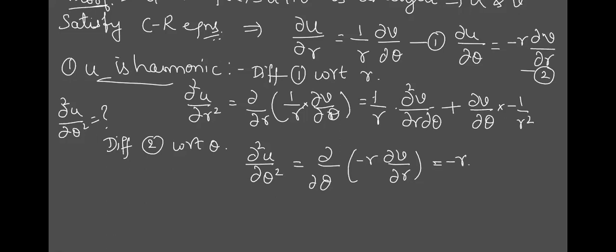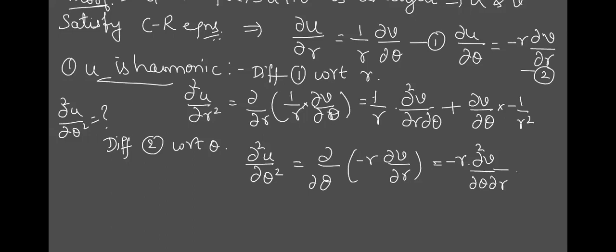Now the remaining v is a function of r and θ, so obviously the derivative of v, ∂v/∂r, is also a function of θ. So what is the derivative of ∂v/∂r with respect to θ? ∂²v/∂θ∂r. Don't change the order. First you should write this, then the next. For that also they may cut the marks. No doubt both are one and the same, but try to follow the procedure.